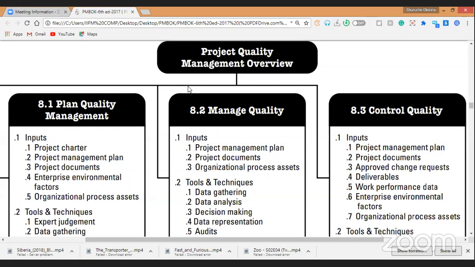When we talk about the enterprise environmental factors, why do we need them in quality management? Those are the environmental factors. They can be internal or external, and they can hinder the project processes. When we are talking about the weather, the culture, those are the things that can hinder the process, as well as government regulation, etc. So quality management will be required to